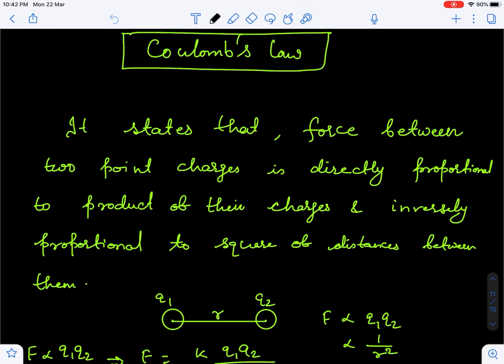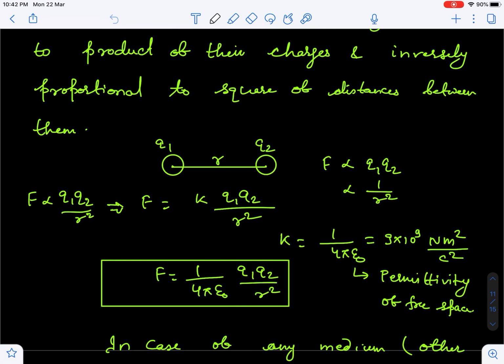This second portion is nothing but the inverse square law. This inverse square law is followed by Newton's law of gravitation, and also by this electrostatic Coulomb's force. And what is the role played by mass there, guys? M1 and M2 in gravitation play the same role as charges here. That is why I have discussed earlier that mass and charge are intrinsic properties. So these are Q1 and Q2, and the distance between them is R.